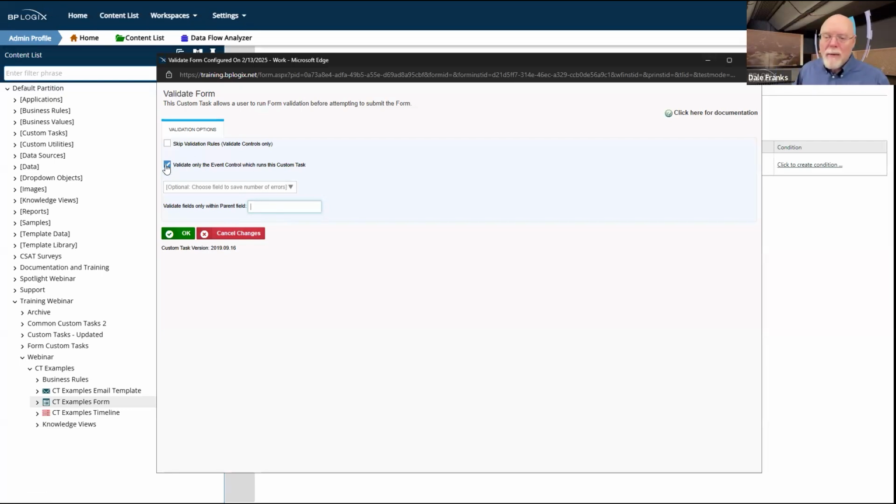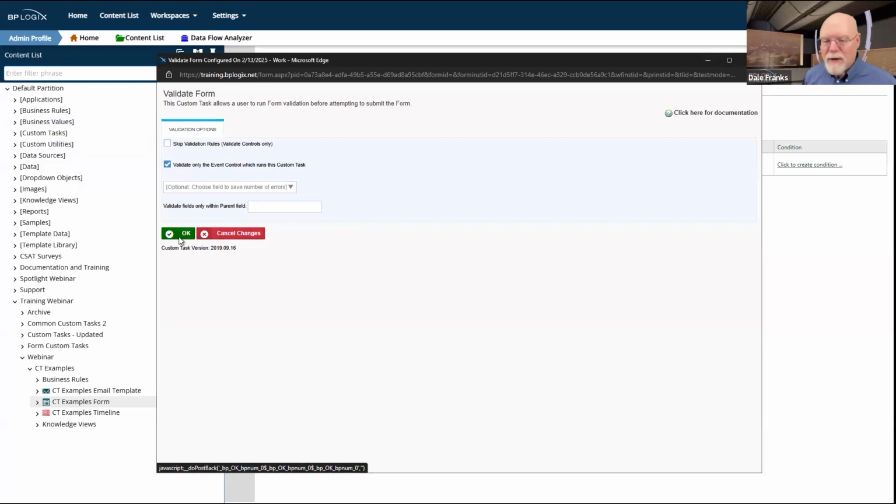Or I can just validate the entire form from here. And I could skip the validation rules, and the only thing that it would validate would be the control rules. Basically, is this a required field or not? So I've got a lot of variation here. And the nice thing about this is it can happen whenever I want it to happen.